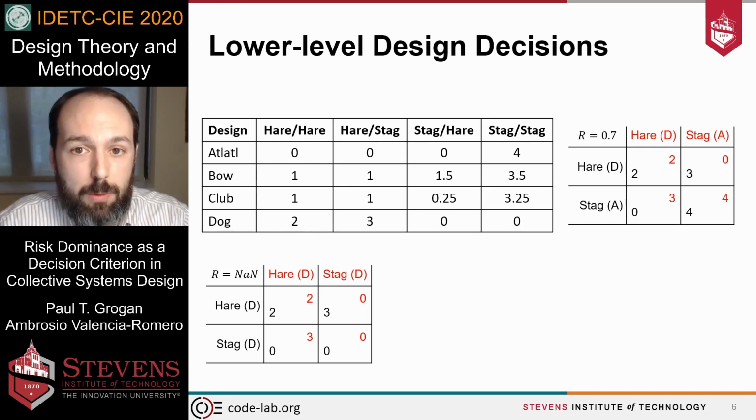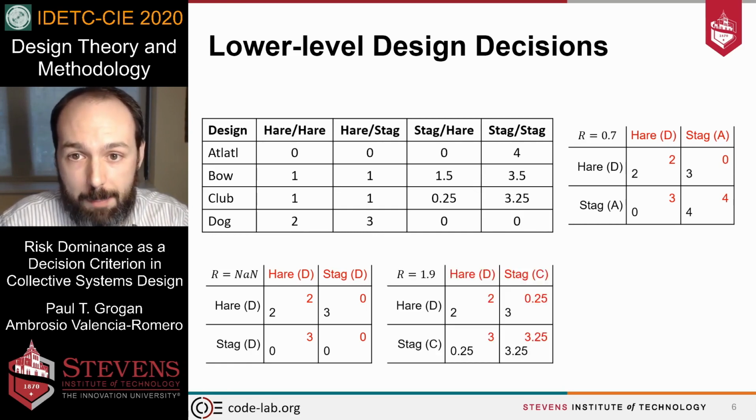For example, if we were to choose dogs to also hunt stag, it would be a relatively poor option because dogs do not give very high utility in that strategic context. And even in that case, the risk dominant score is not defined because this is no longer a stag hunt game. However, if we were to instead use clubs to hunt the stags, we see a moderate decrease in upside potential of the stag hunt. But we also do see some reinforcing effect of limiting downside losses. However, weighing these two factors gives a resulting risk dominant score that's even higher than our original risk dominant score of 0.7.